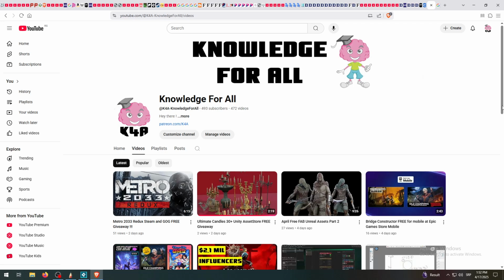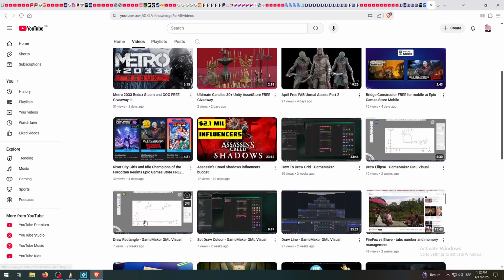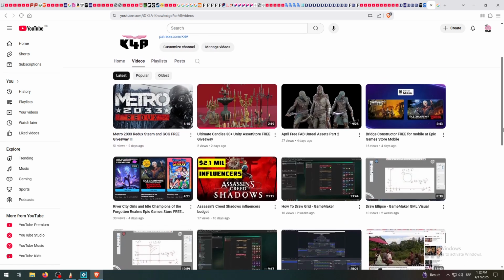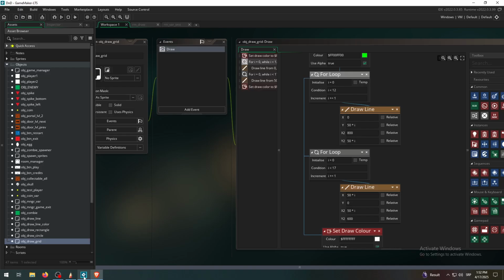Other than that, we have learned how to draw a rectangle recently, 2 weeks ago, so we're going to reuse that knowledge, and we also learned how to draw a grid with for loops 2 weeks ago, so we're going to combine those two skills and also upgrade them a little bit more,